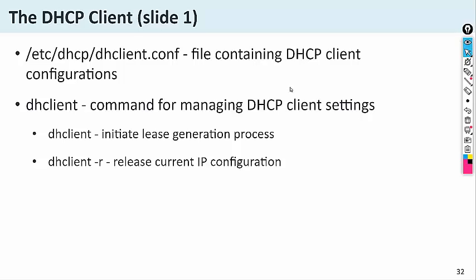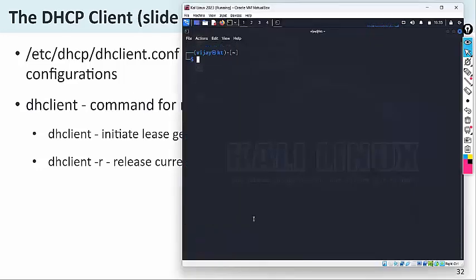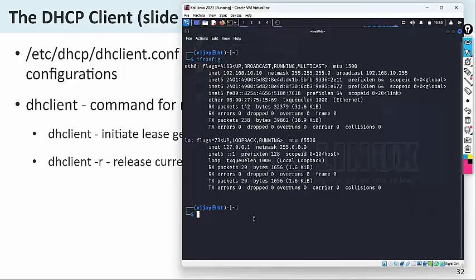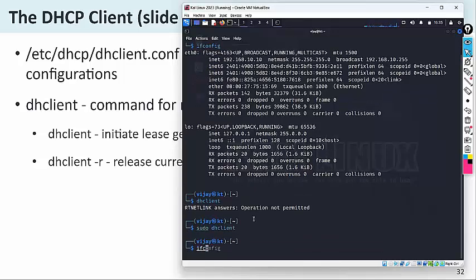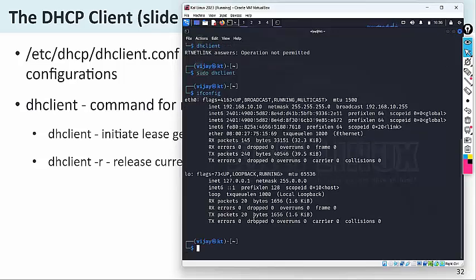The information about DHCP you will get in /etc/dhcp/dhclient.conf, which contains the DHCP client configuration. And also the command is dhclient, which is used to get the IP address settings. So here I am going to run the ifconfig command. It will display the IP address 192.6, and so I am going to run the dhclient command. Operation not permitted, no problem, put sudo here and then run the ifconfig command again, and ifconfig eth0